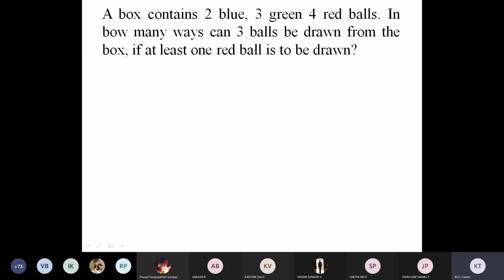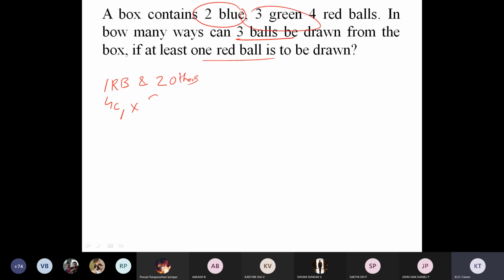First, they're asking that we need 3 balls. What is the condition? At least 1 red ball. So, 1 red ball and the remaining 2 balls can be others. Why others? For the 2 balls from others, it doesn't matter whether you select blue or green. It can be a combination of blue or green, which we put in a single category as the other category. Now, how can the 1 red ball be selected? The 1 red ball can be selected in 4C1 ways